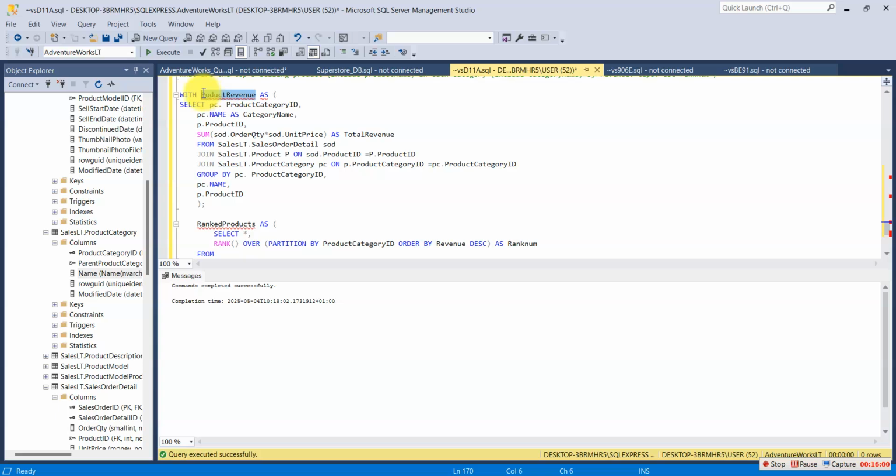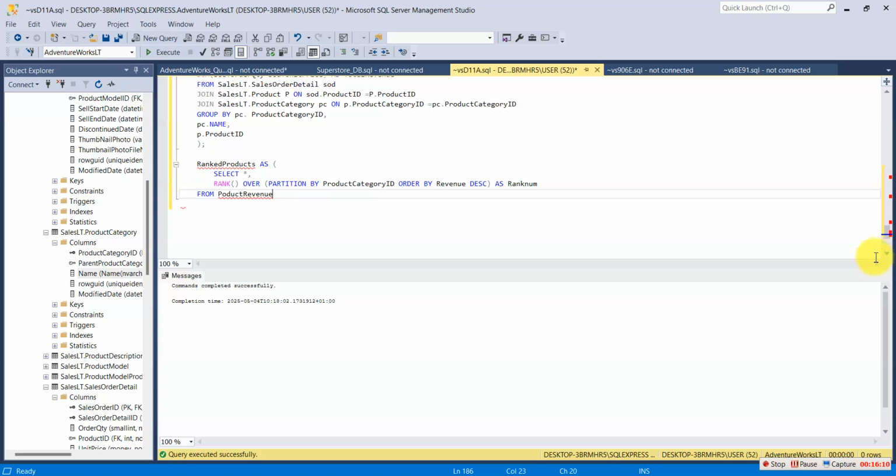From product revenue. Now we have done that. So the very last part of this whole question is still our select statement. You opened a bracket there, so we'll close it. So we've closed that. Then we'll now do our final select statement, where they said we should select